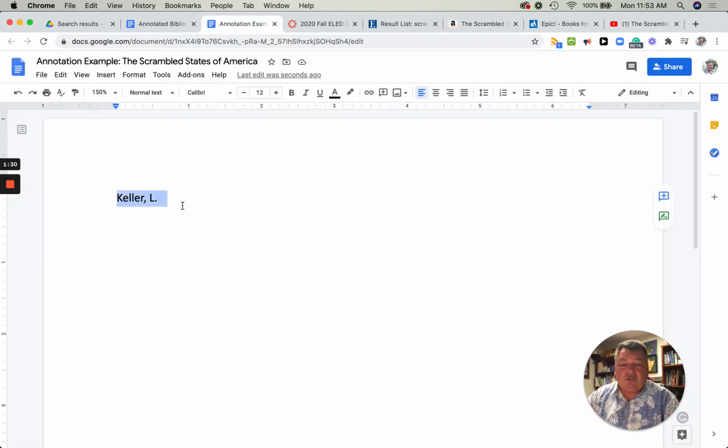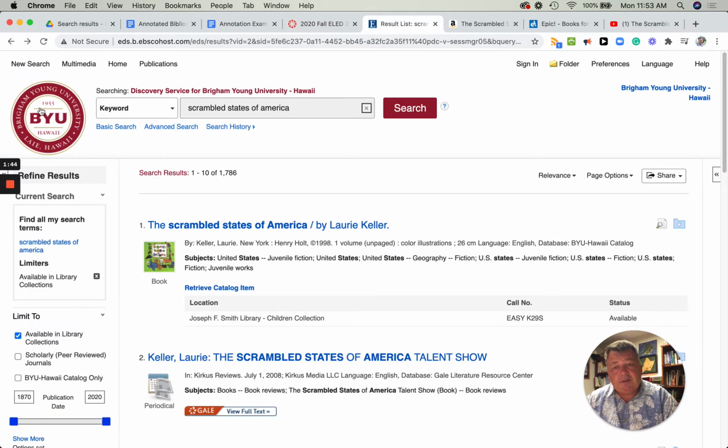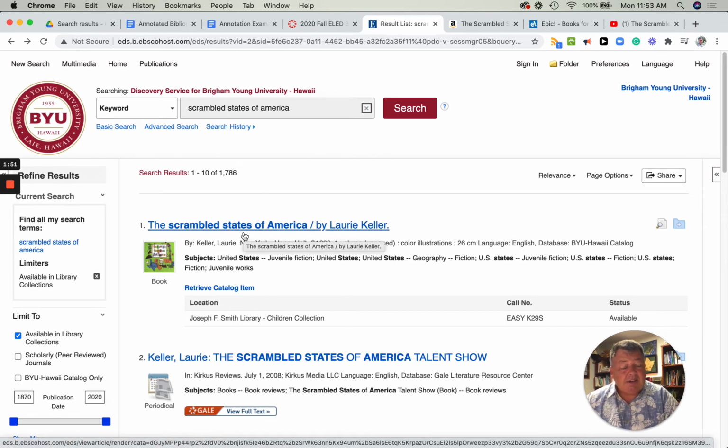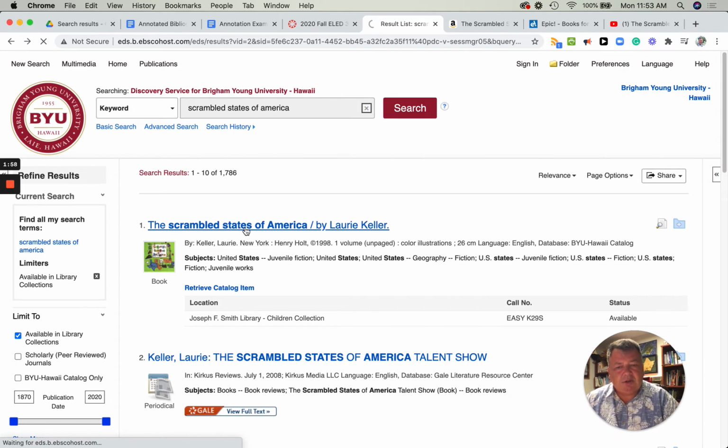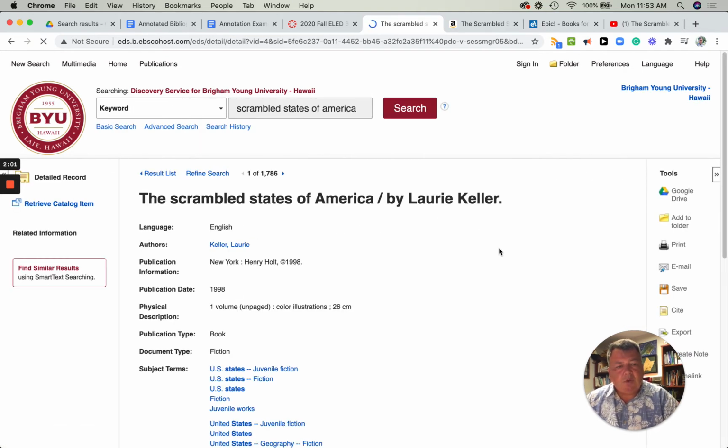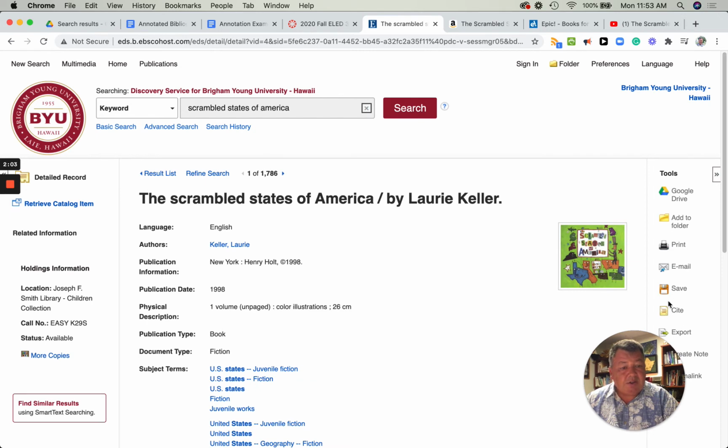So let me show you a little shortcut, because you could go in and type all of this information in, but then it gets a little cumbersome. So let me show you another way you could do this. With access to the library website, BYU Hawaii Library, I have simply searched for the Scrambled States of America, and here the book is. The library has it. And by the way, this works for a lot of library websites, not just for BYU Hawaii. But if you actually go to the details of the book, in the BYU Hawaii Library, over here on the right-hand side, you can see Cite,